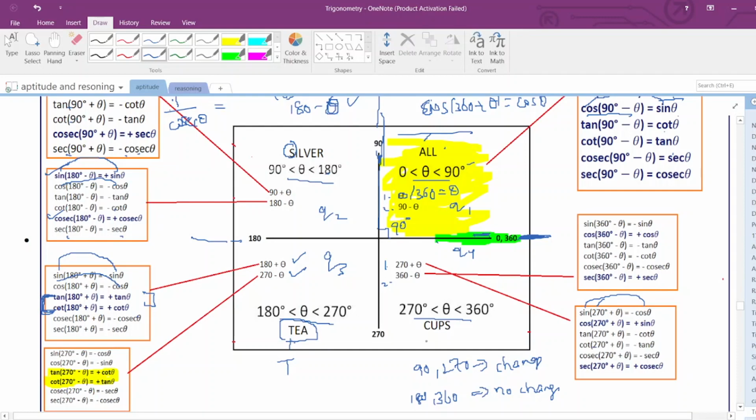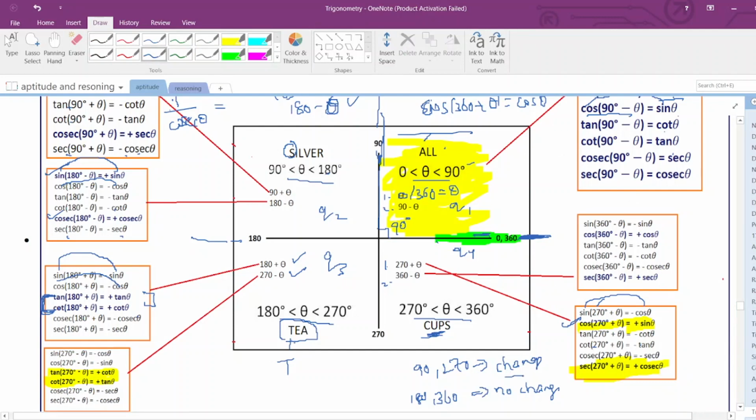అయితే ఇది ఫోర్త్ క్వాడ్రంట్, చూడండి, cups లో ఫస్ట్ లెటర్ ఎవరు, C. So C for cos. And cos opposite ఎవరు, secant. So only cos and secant are positive, remaining all are negative. Clear? So this is for 270 plus theta, whereas coming to 360 plus theta,